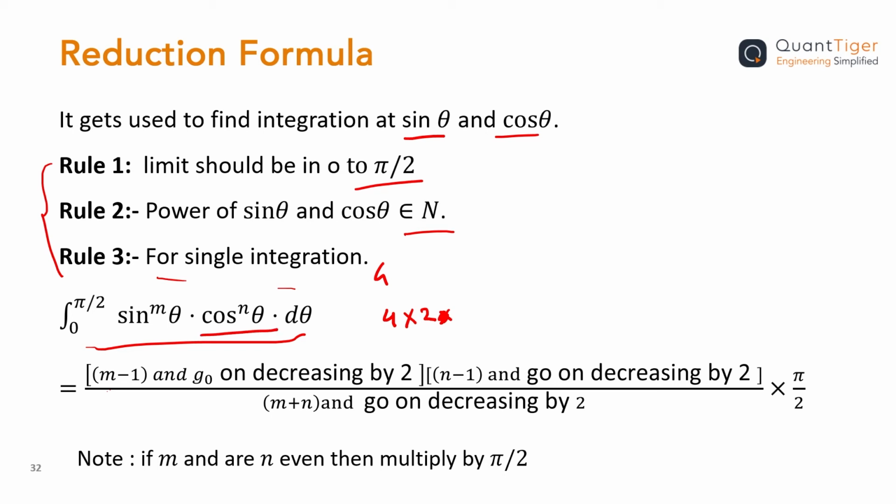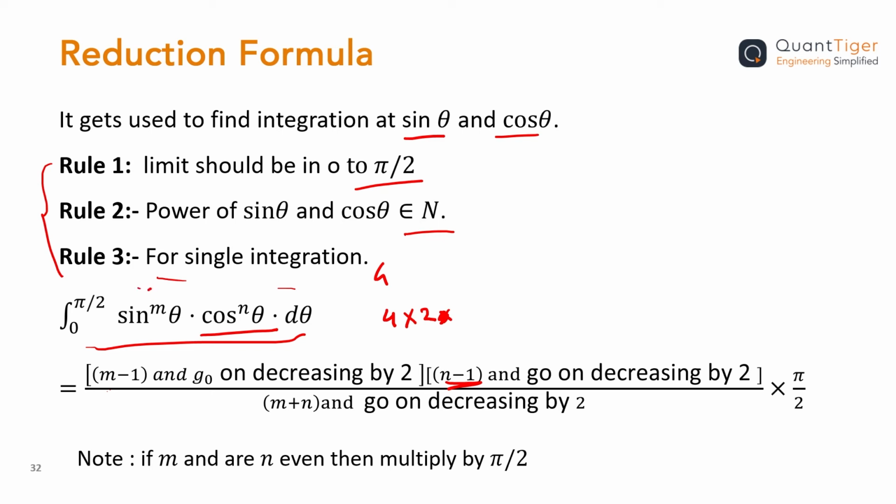Cos की पावर यहाँ पे n है, then I will decrease that by 1, n minus 1 मैं लूँगी, and after that I will keep decreasing by 2 till I reach 1. 1 जब मिलता है तो मुझे वहाँ पे I will stop at that point, and the whole thing is divided by m plus n,